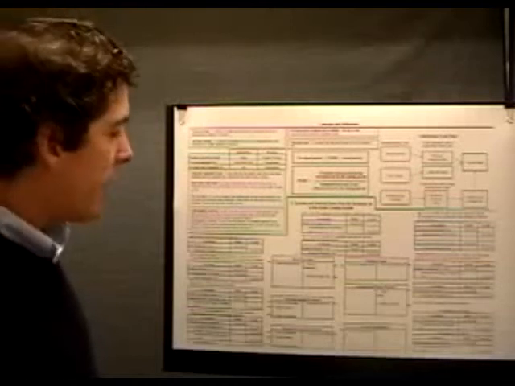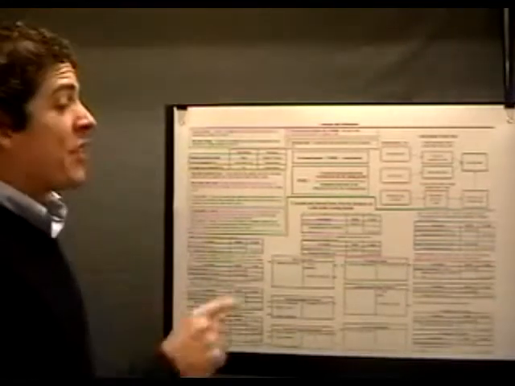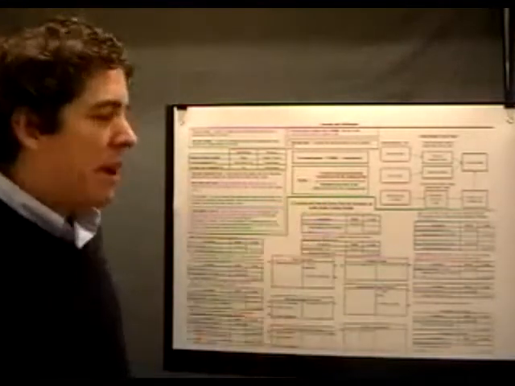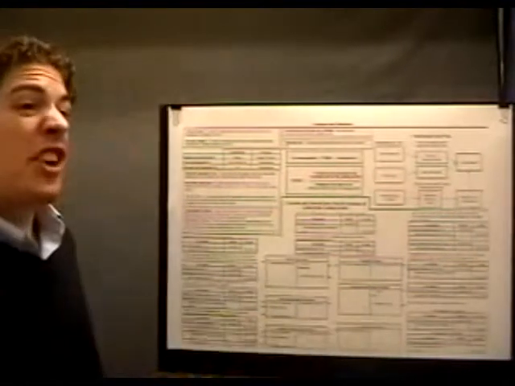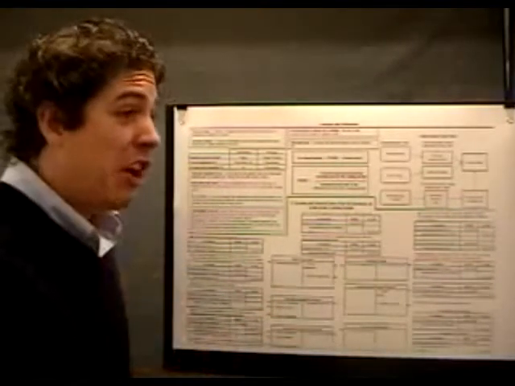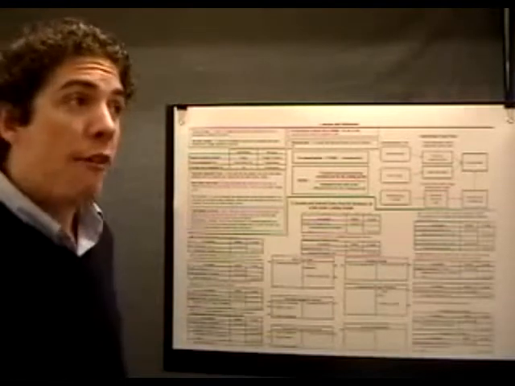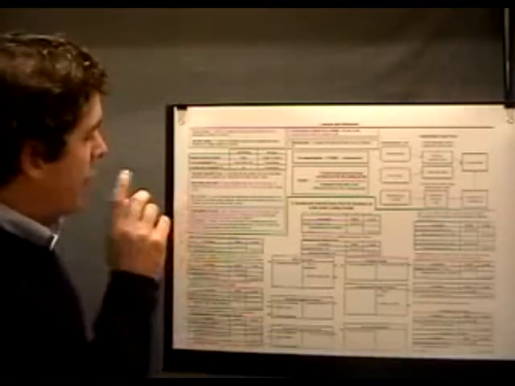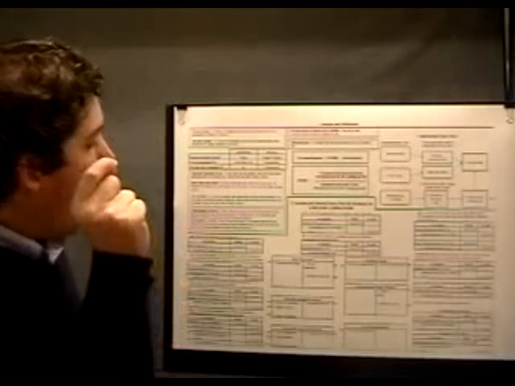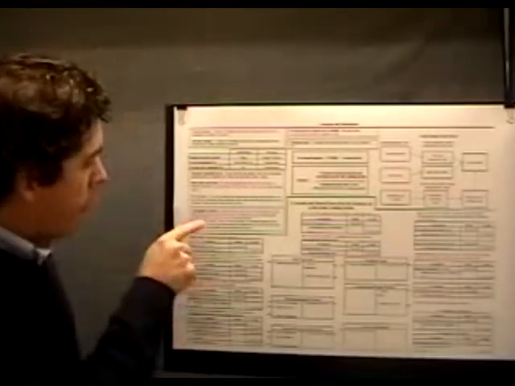...determined overhead rate is less than the total amount of overhead actually incurred. Remember, our predetermined overhead rate is calculated based on estimated costs, based on estimated hours. Well, if our actual hours and our actual costs are different, we're going to have these things called underapplied or overapplied overhead. So underapplied exists when our predetermined overhead rate is less than actual, and now overapplied exists when the